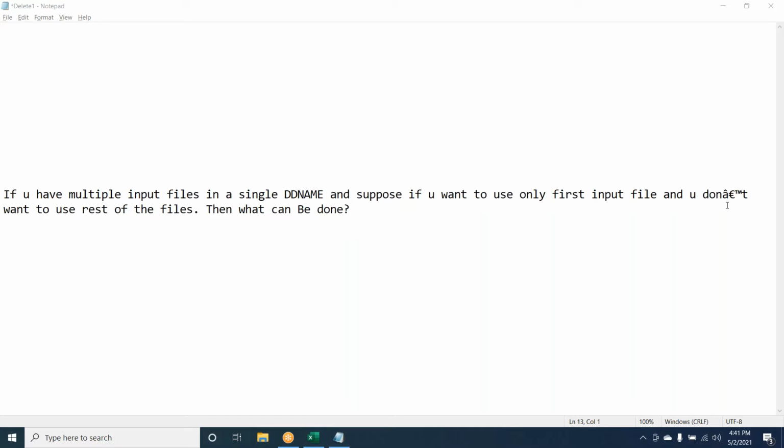We can dummy out the other two files and just keep the first one, like override all three data sets. Or we can comment out the file. That would be best. Yeah, you can dummy out, or we can comment out. We can simply comment out those files.